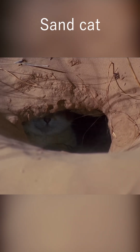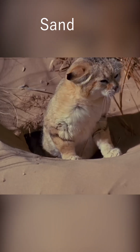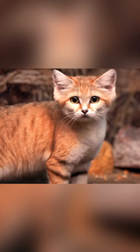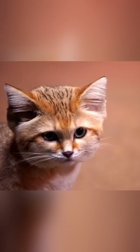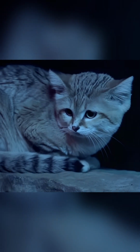Did you know that the sand cat is a true survival expert in the desert? This small but remarkable predator lives in the sandy dunes and deserts of Central Asia, where its unique skills help it thrive. With its sand-colored coat, the sand cat blends perfectly into the desert landscape, making it nearly invisible to